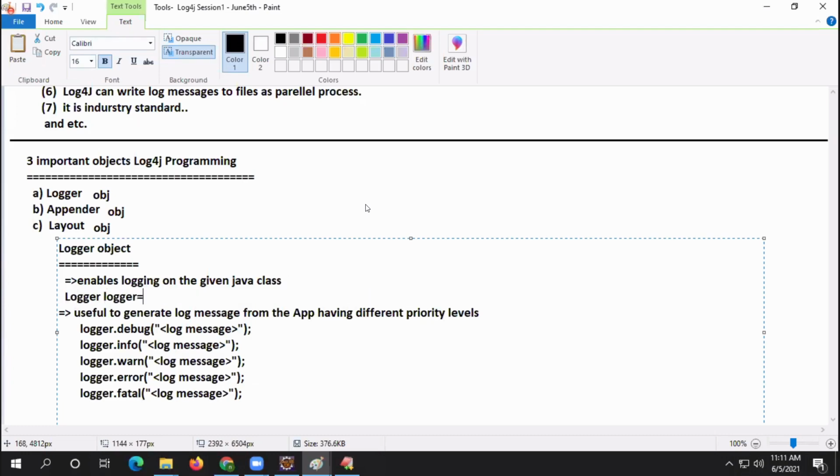Sir, enables logging on a given Java class. Logger is equal to Logger dot getLogger. Static factory method, boss, getLogger of. On which class do you want to enable logging? That current class name. What is this?